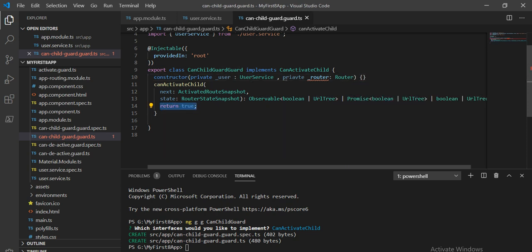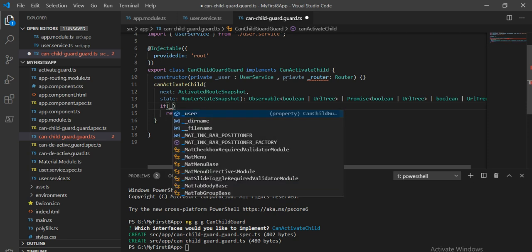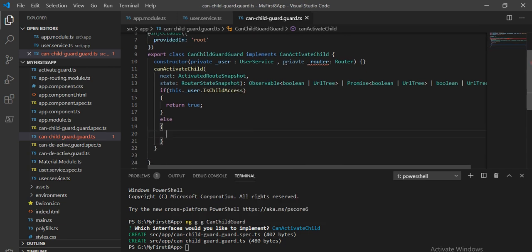Now I want to return true or false based on one condition, so let's create that condition first. I am going to take if user dot is child access; if it is true, the user can access this page. If it is false, then I am going to alert a message: user cannot add customer.